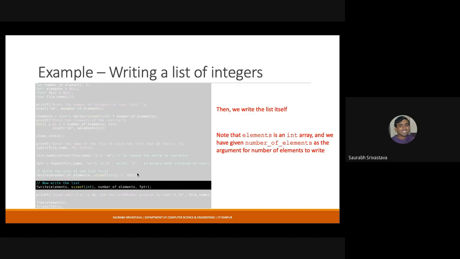Maybe the reason is that sometimes the amount of data that you may actually write using fwrite is huge. Okay, it could be thousands of bytes. If you do not use ampersand, it will be passed by value, so everything has to be copied from one place to another place. Typically, it is much easier to simply pass the address of your data, and fwrite simply takes up data directly from that location and writes it to the file. So this is a part of the function's prototype. You have to use it like this only.